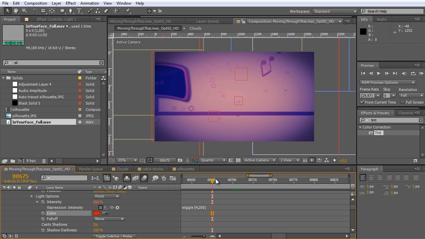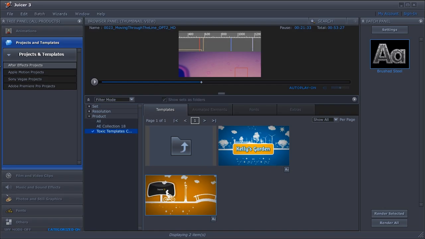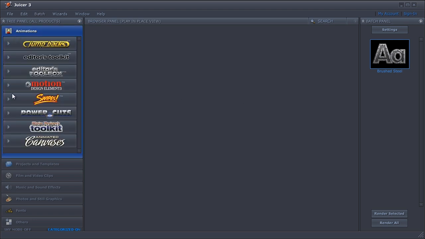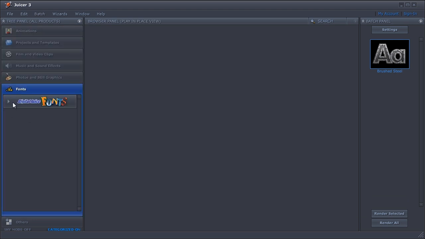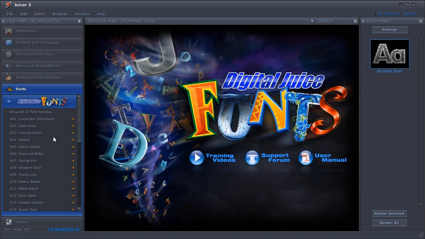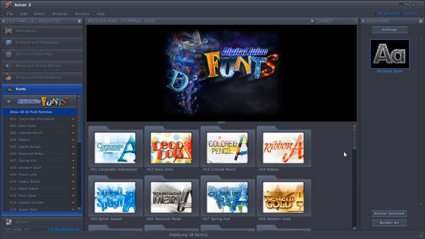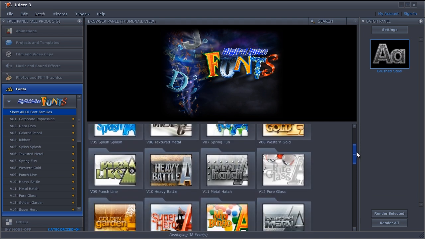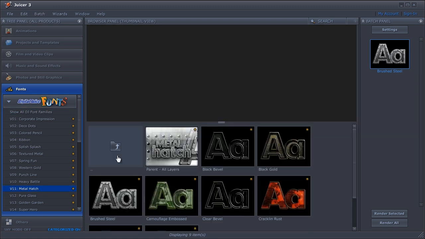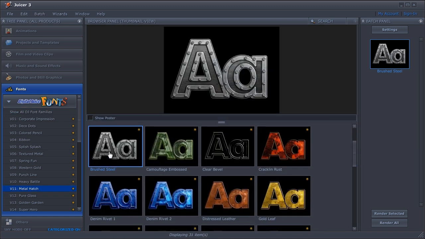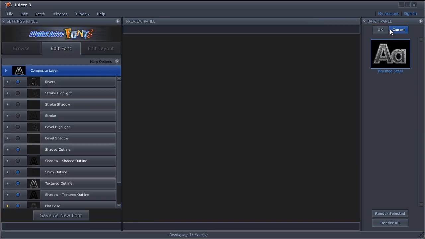So that's everything that I have done for my animation. Let me just tell you something at the end, because I had a few text lines in there, and those text lines were also created with the Digital Juice chooser. So I quickly show you this. If we go back to the chooser and go to fonts, I have my Digital Juice fonts installed here, and I just opened them up and looked for the ones I wanted, and it was the Metal Hatch. So I just opened it up, looked for the one I wanted, which was this one, the brushed steel, went into the settings,